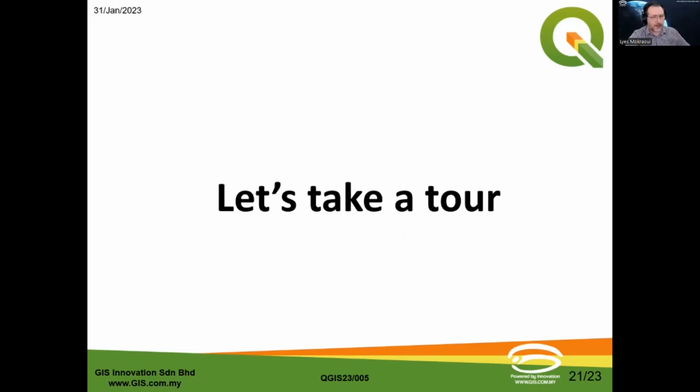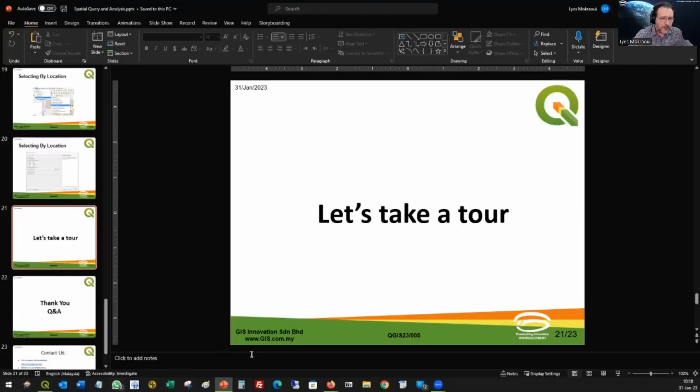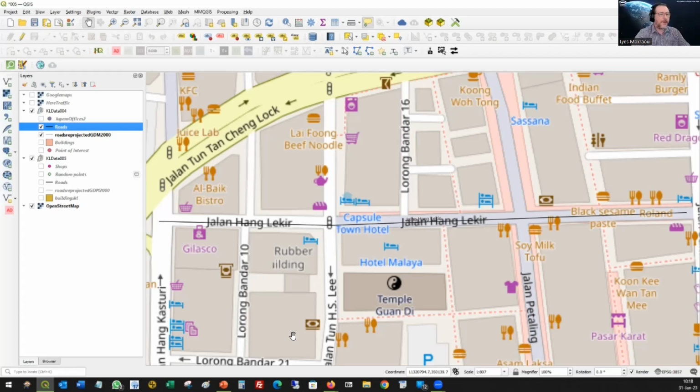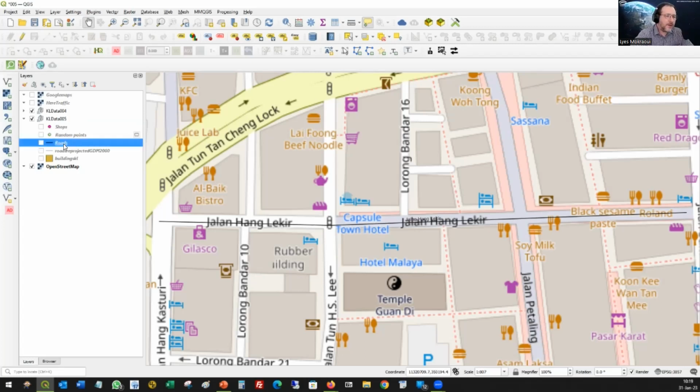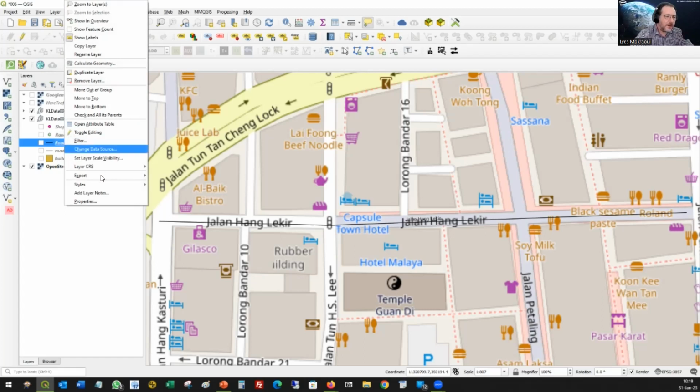So let's take a tour. Go to QGIS. There is QGIS. All right. So what can we do from here? So I have the roads. If I right click on the roads, this is the segment of the road that I digitized